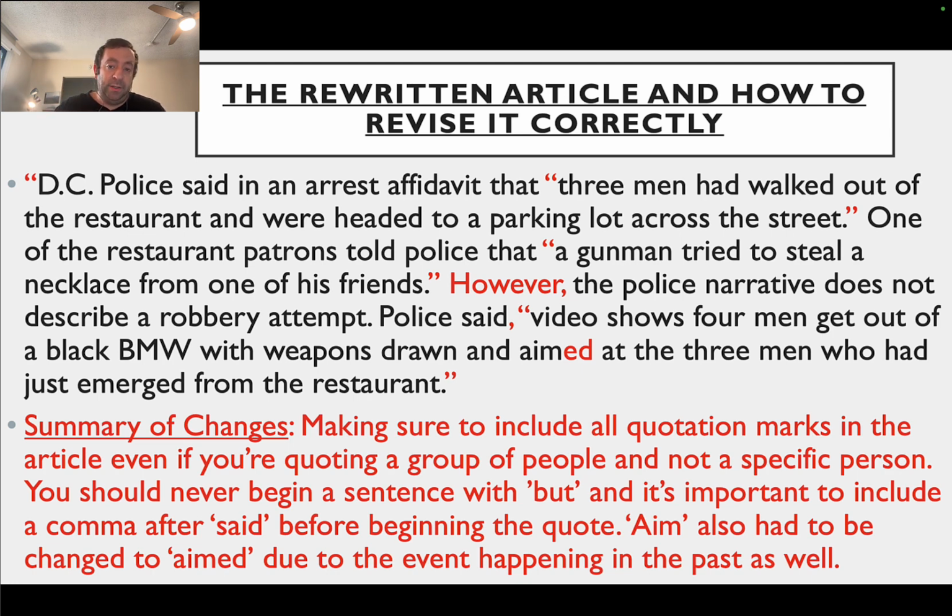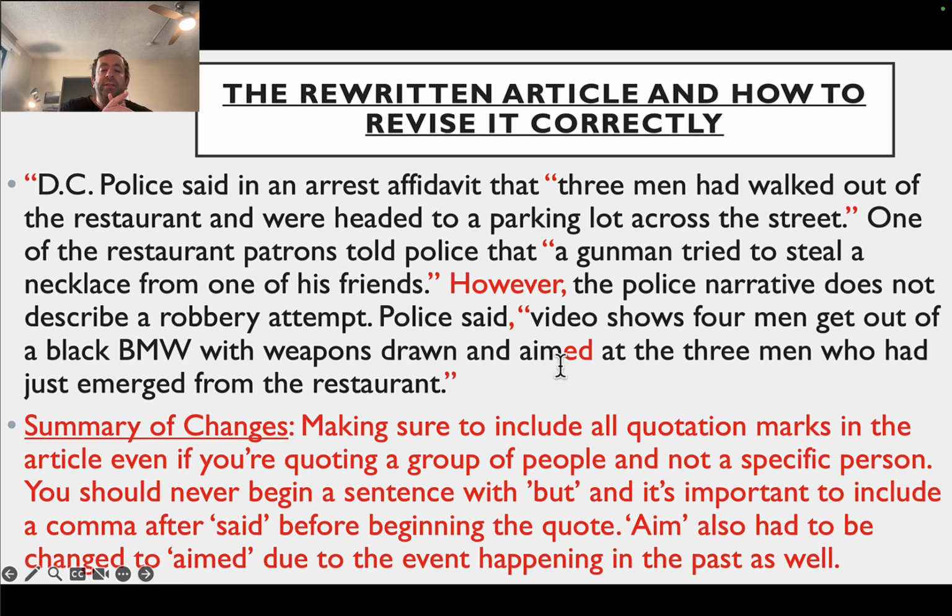Police said, comma, quote, video shows four men get out of a black BMW with weapons drawn. And I didn't say this or write this, but "got out." We could say got out because we're talking about past tense, but this is kind of a present action now, or describing the action as it happens. So we could use present tense. So it could be get or got here. Get is probably preferable. Video shows four men get out of a black BMW with weapons drawn and aimed at